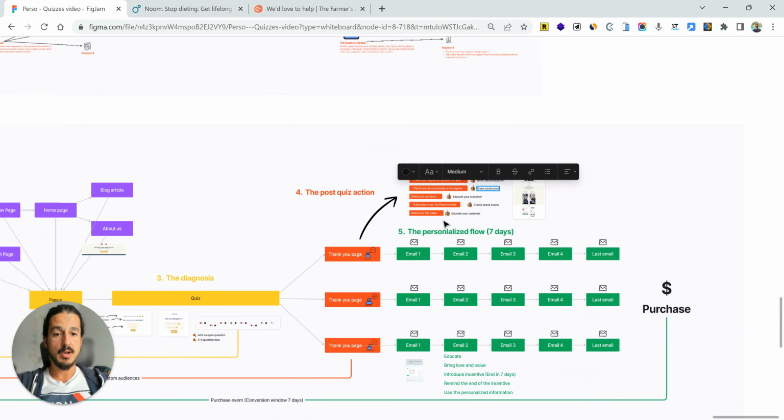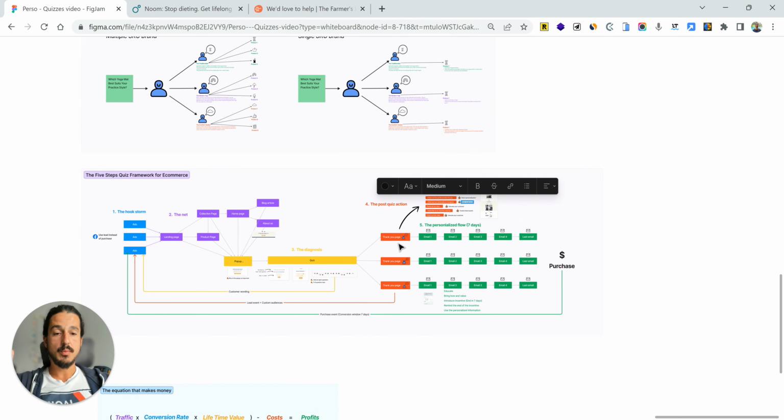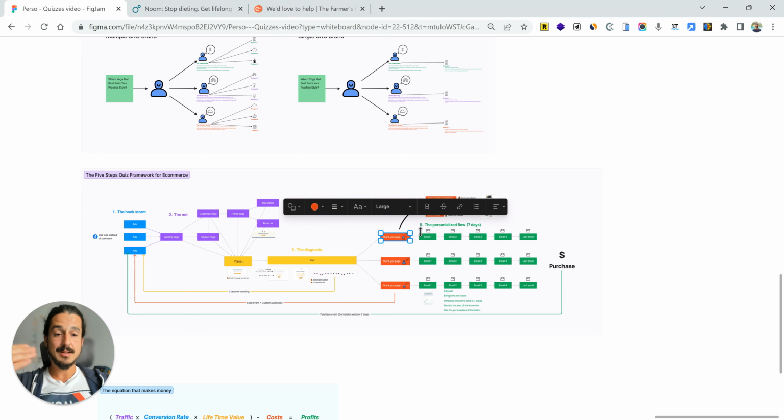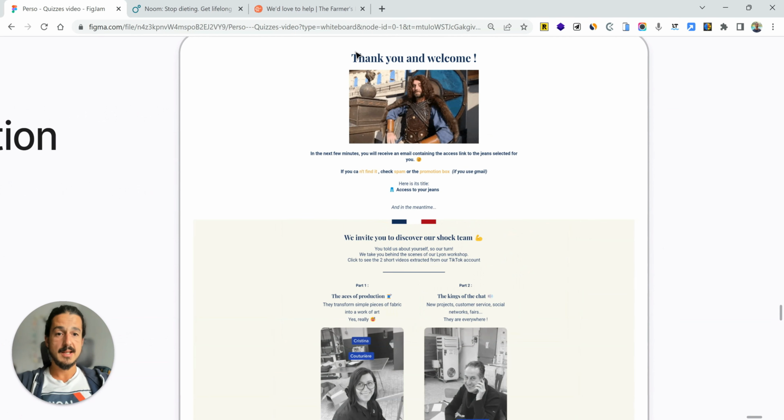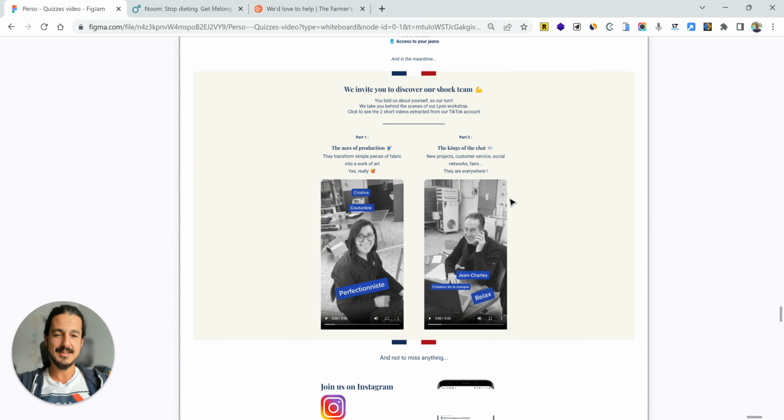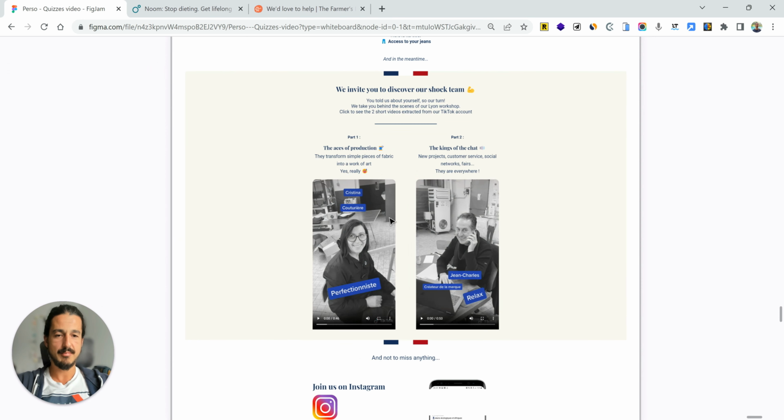And in the example that I'm talking about, I can show you the thank you page is here. So basically it's thank you, welcome. In the next few minutes, you will receive an email containing the access to the specific jeans we chose for you depending on your answer. Here is the title of the email, so you will find it. In the meantime, here I asked,